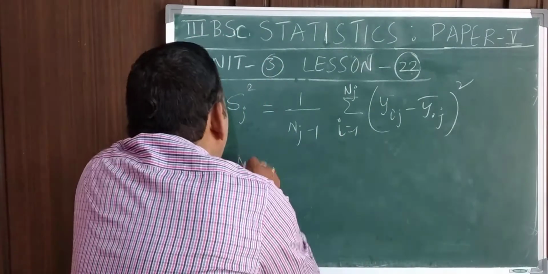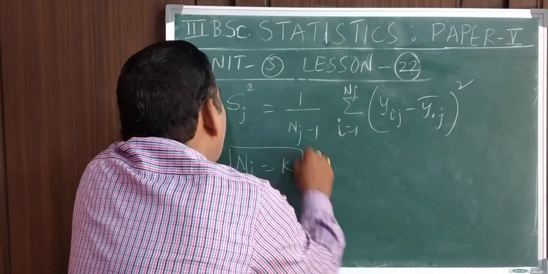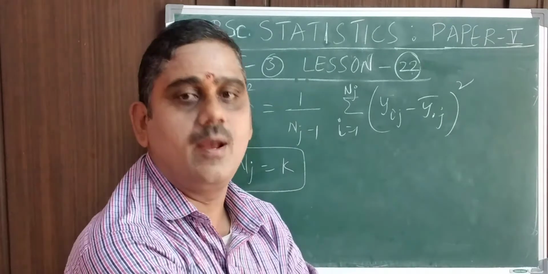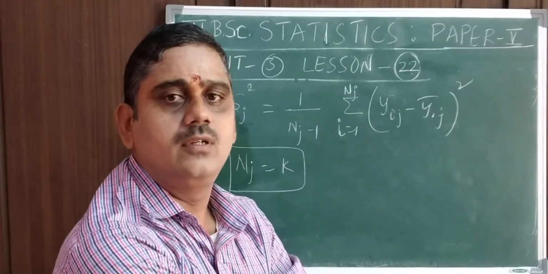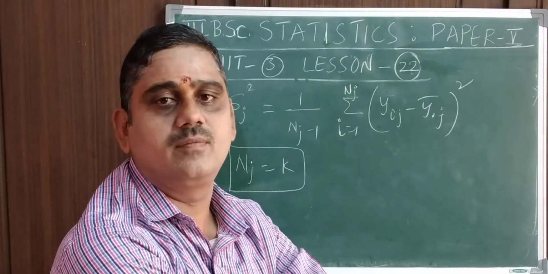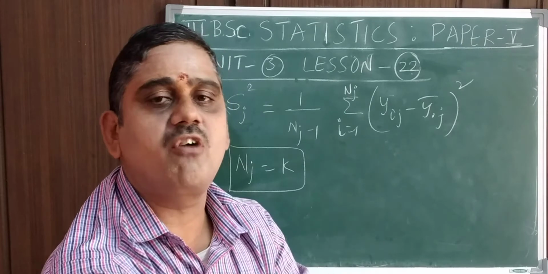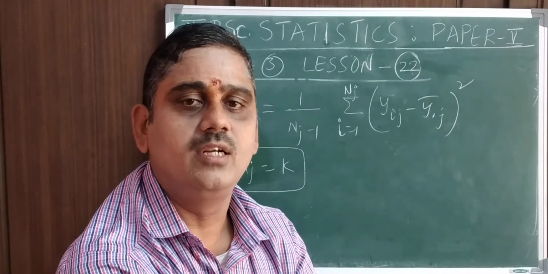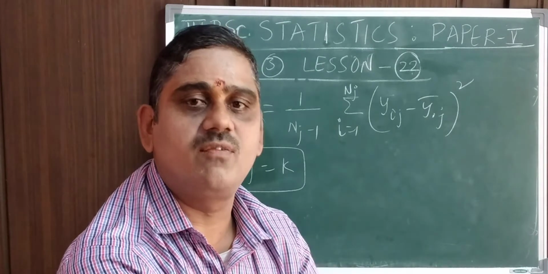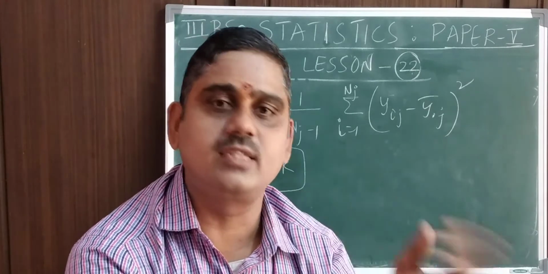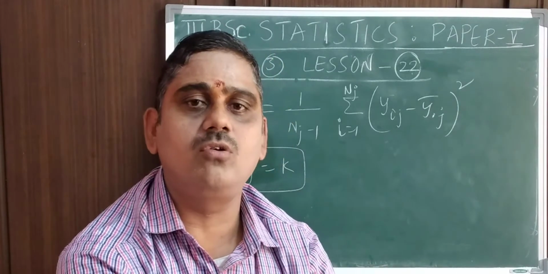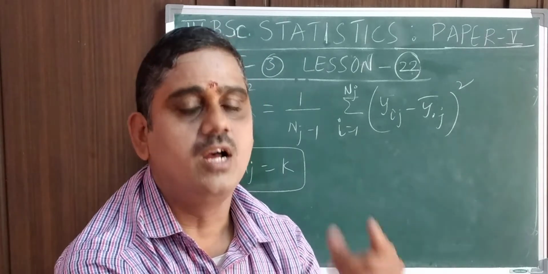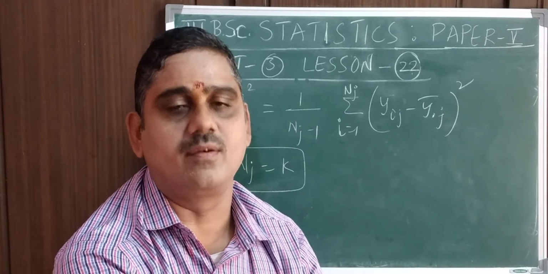So if we consider nj is equal to some k, that's what we are specifying, that there are fixed units. Here it is n, here it is k, which are not fixed, here is fixed. Every stratum consists of k units. In comparison with systematic sampling, in stratified random sampling we consider n strata, and every stratum consists of k units. That is our assumption, so that small n into k is equal to capital N.